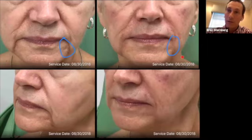you get a nice improvement in this area of the marionette line from here to here. And you also get a nice improvement of the cheek and the whole cheek volume over here compared to the lack of cheek volume in this area before. So you can see that there. And as we skip to the next picture,